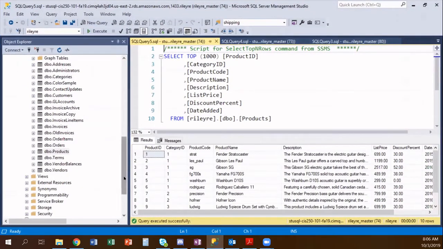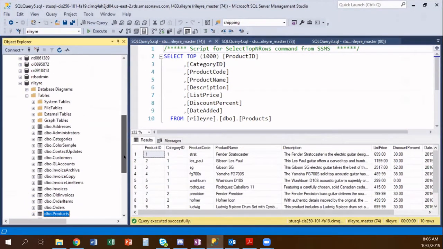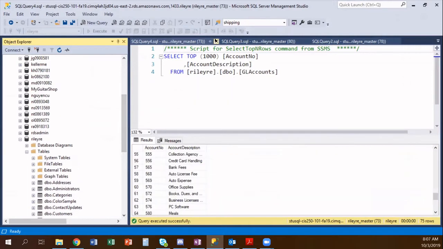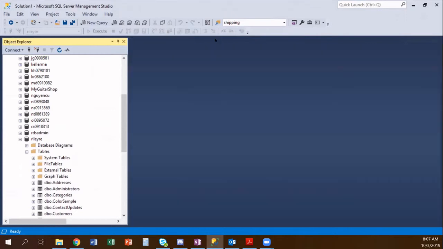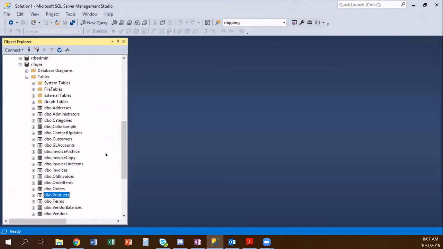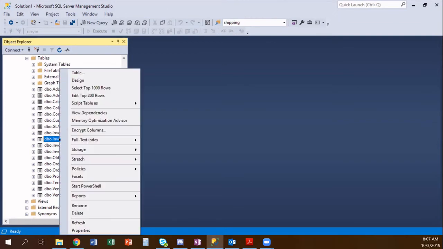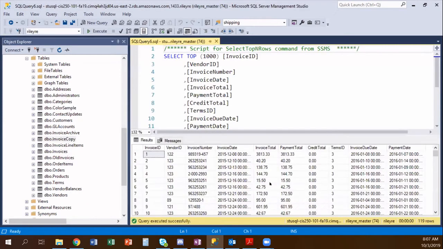I'm going to check. I've got the SQL Management Studio open. I'm going to close out these tabs that I have open. I was looking around. And I want to look at invoice copy. I do have it. I can right click on it and select top 1000 rows and make sure it's got data in it. Now, if you don't have it,